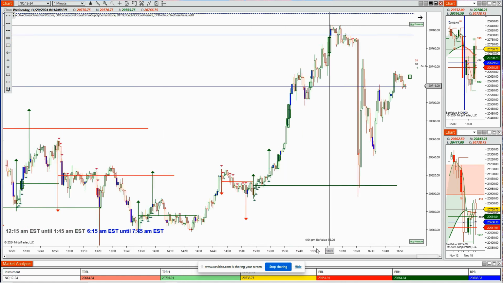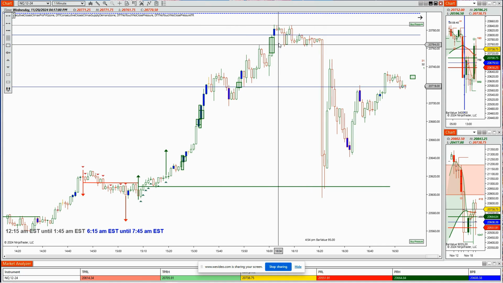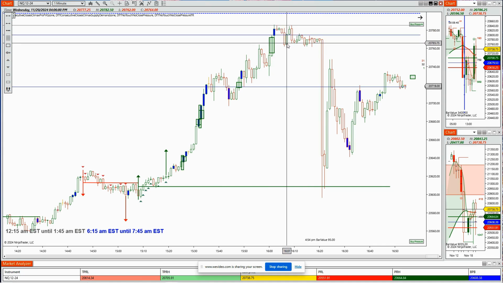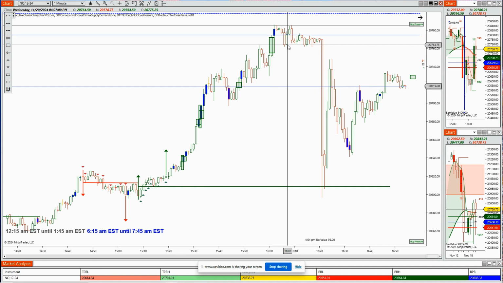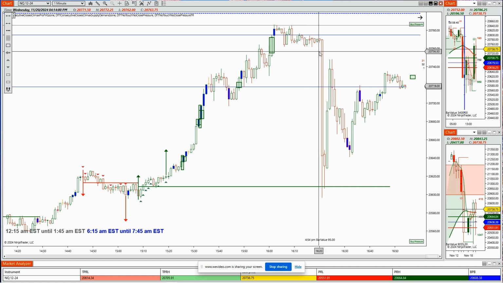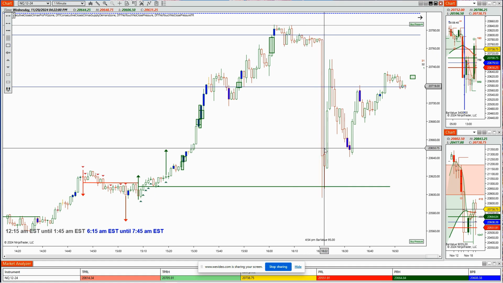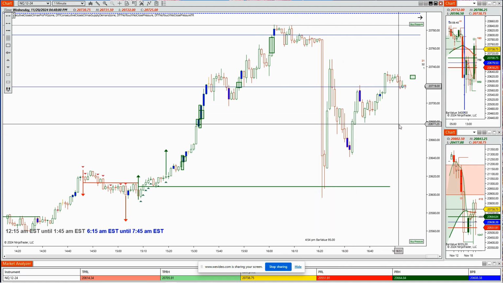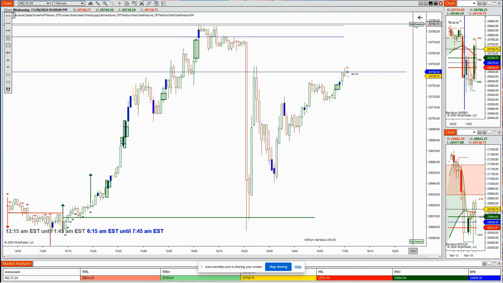That's really, really important. On this decline, let's see what we got. All right, so we got 1, 2, 3. Let's get our crosshairs here. We got 4. Okay, this is 5. That's 6. That's not 7. That's not 7. So they're trying to turn it back up. All right, so that kind of makes sense.